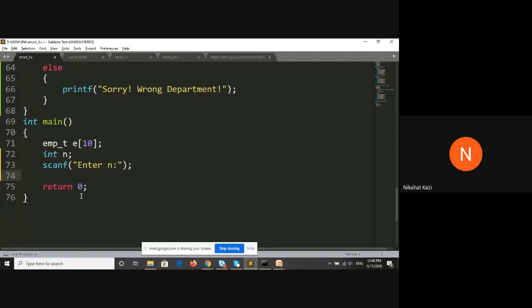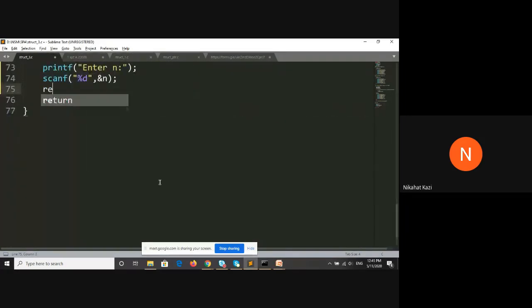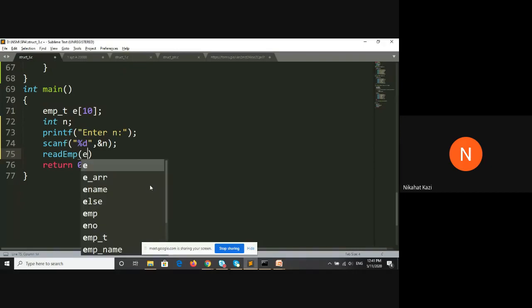Sorry, that should be a printf and this should be a scanf, address of n. And this should be a printf. Once I read the number of employees, I will call the read function with this array, whatever I've created, E comma n.